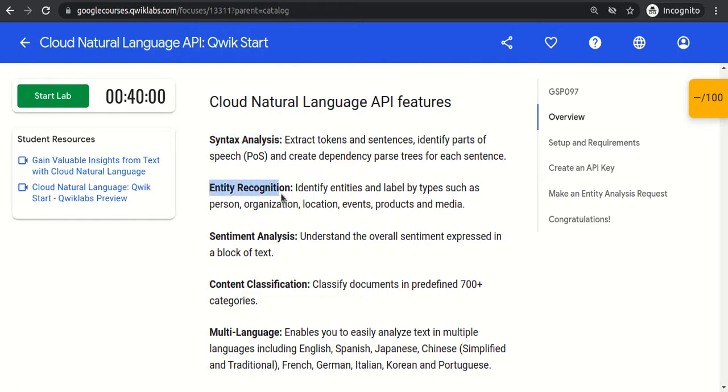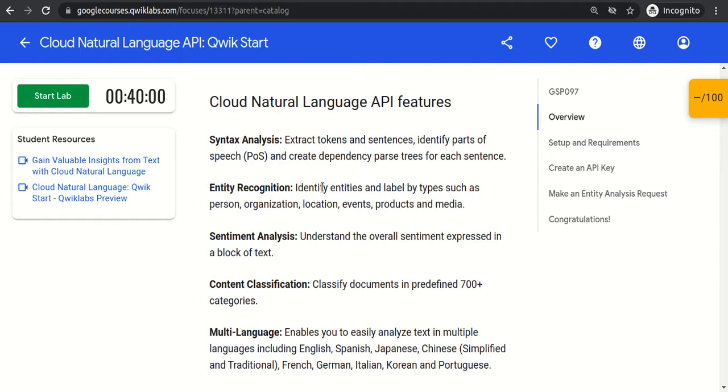Entity recognition means, let's suppose I give you one text: Taj Mahal is in India. Entity recognition reads the text to find the entities. It will read Taj Mahal and decide whether it is a place, a food, a person, or a location.